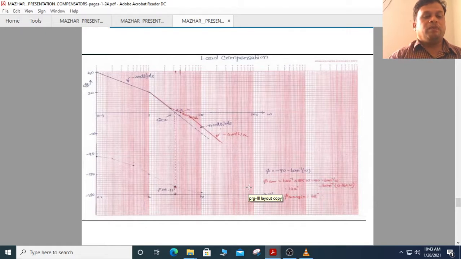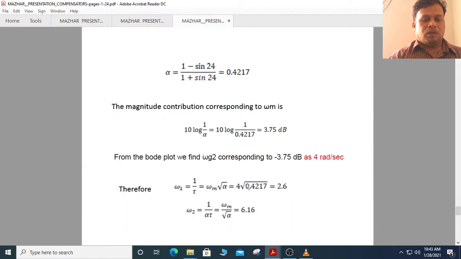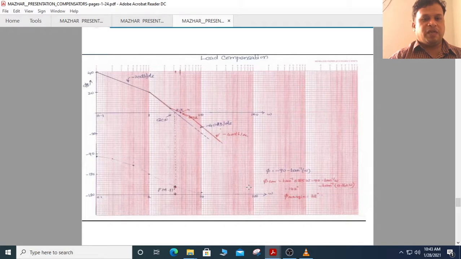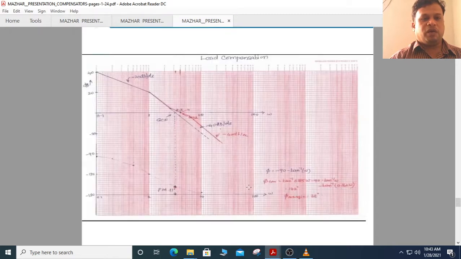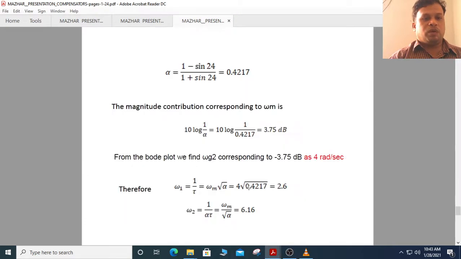Okay, and from that we calculate this Bode plot, which has a magnitude plot as well as a phase plot. These values are calculated by 1 minus sine 24 by 1 plus sine 24 here. That gives rise to 0.4217, and the magnitude contribution corresponding to omega m is 10 log 1 by alpha, that is 10 log 1 by 0.4217. Substituting, we get 3.75 dB here,